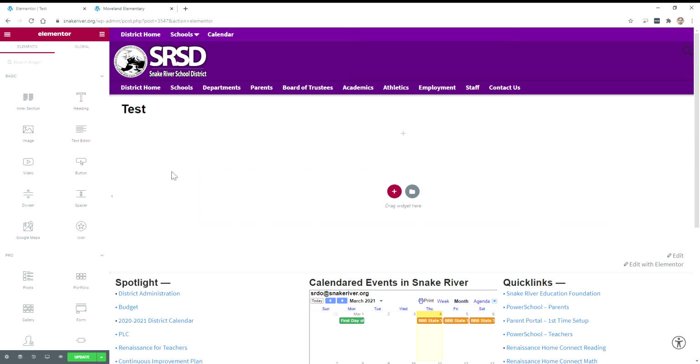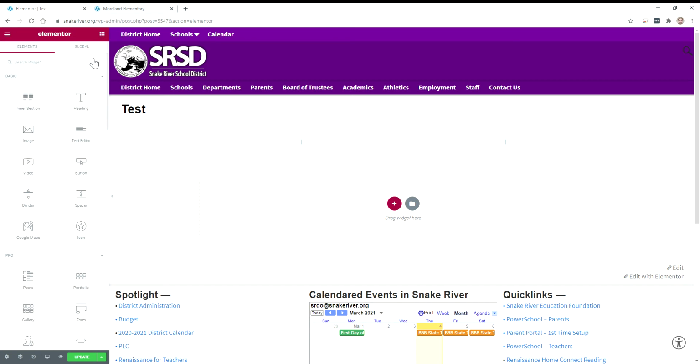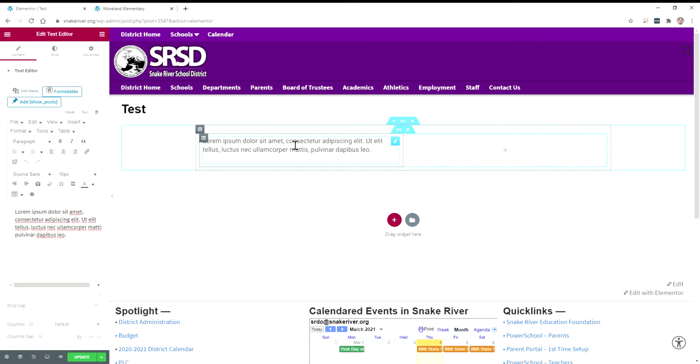So let's say we want our picture to be off to the right of our text, but we kind of want to manage our proportions a little bit better. We're going to play with using this intersection widget, which I wish they would have named columns, because that's really what it is. It lets you work with columns. So we're going to drag and drop that in here, and now you can see we've got these two column boxes here. And now we can go back here, we can click on our little waffle button to get our widgets back, and we can throw our text in over here to the left